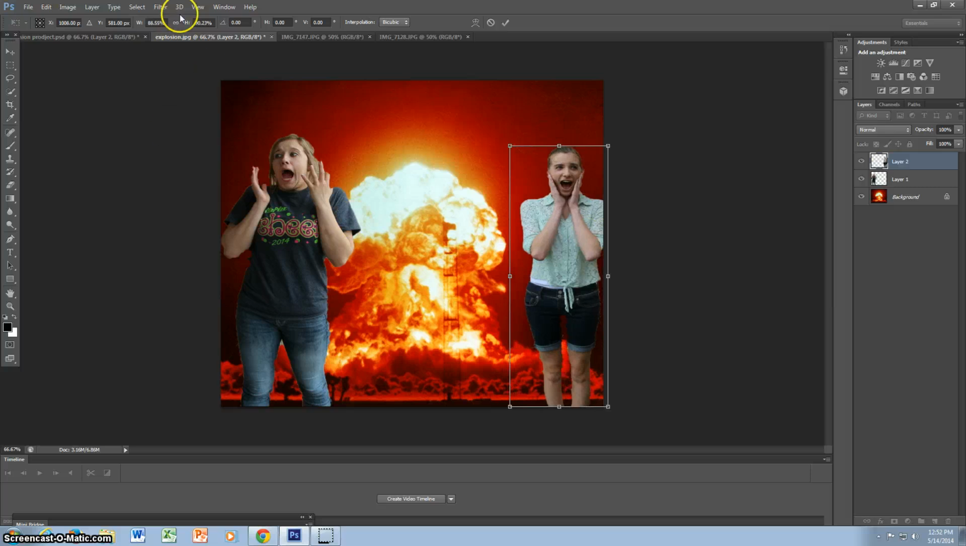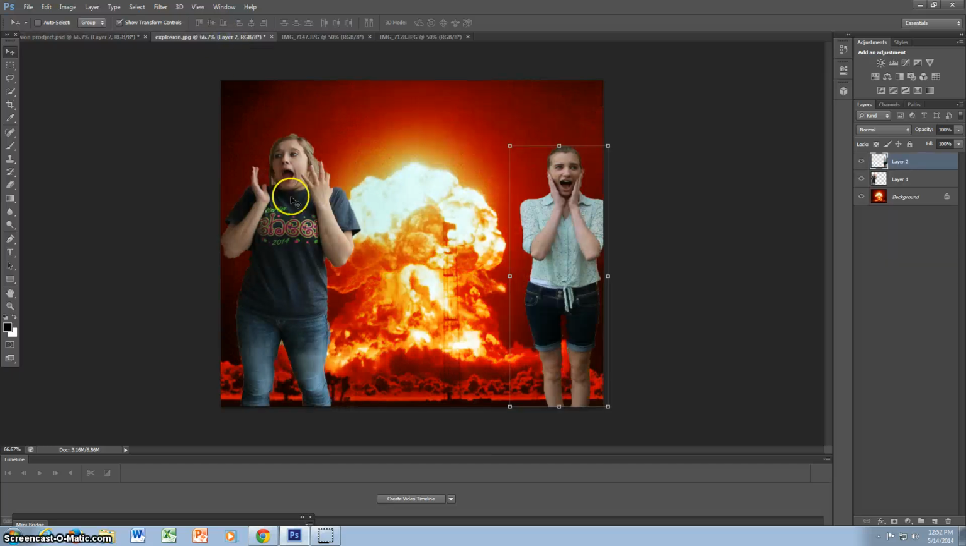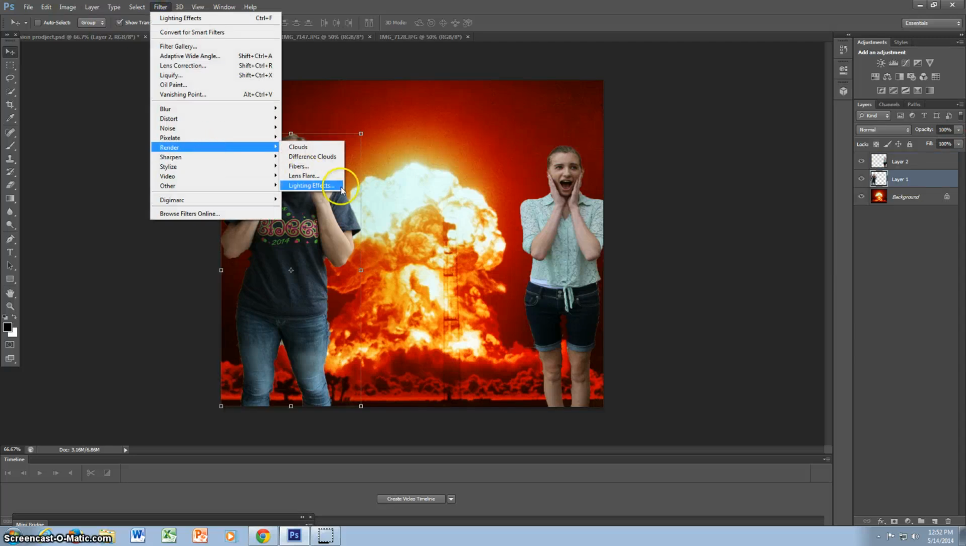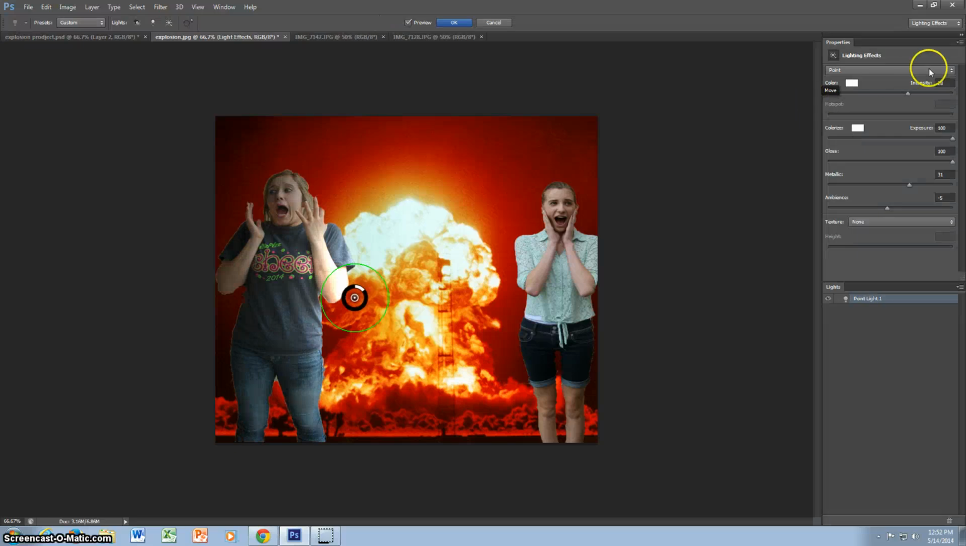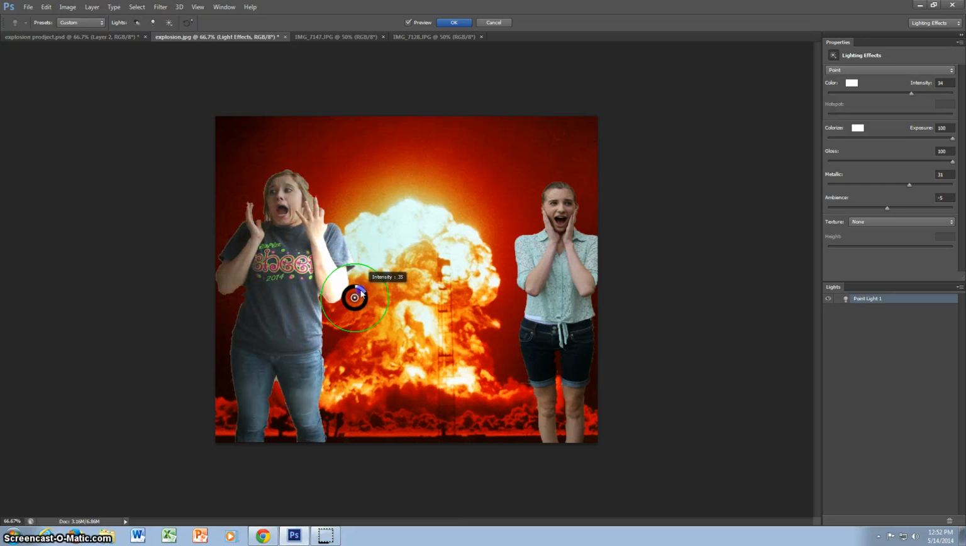Alright, once you're done, we're going to apply this effect right here. We're going to make it look like there was an explosion. So what we're going to do is go to Taylor's layer first, and we're going to go to Filter, Render, Lighting Effects. And we're going to click Point. And we're going to move it, whoops, too much. Again, you can change your intensity levels. And we're going to put it right around her arm,